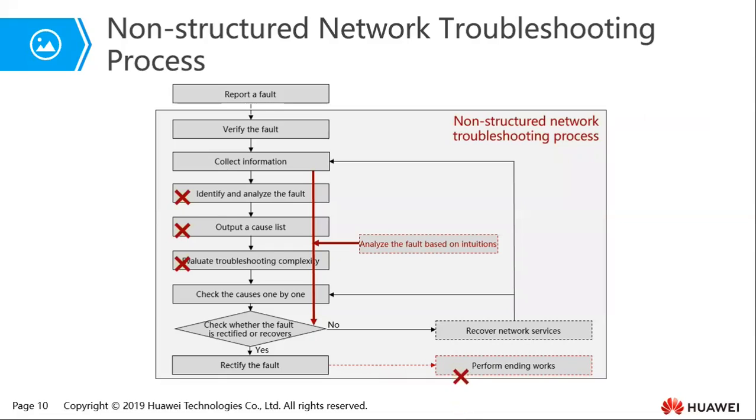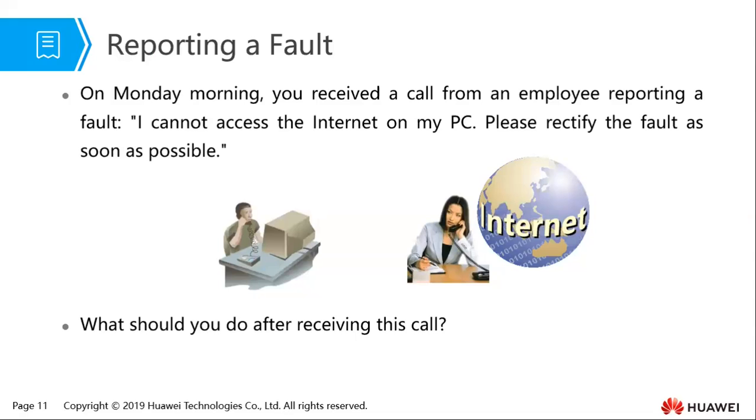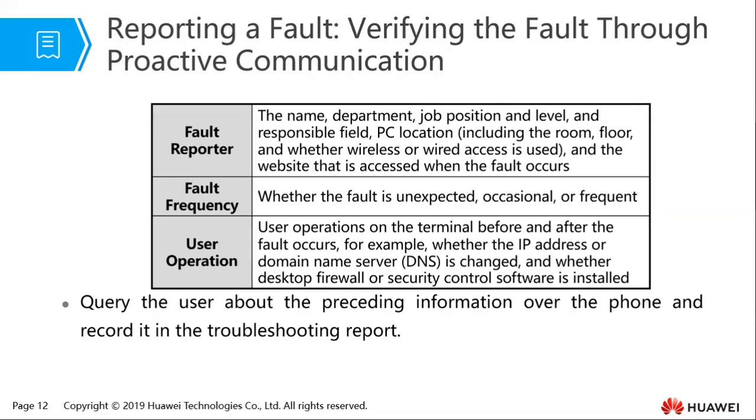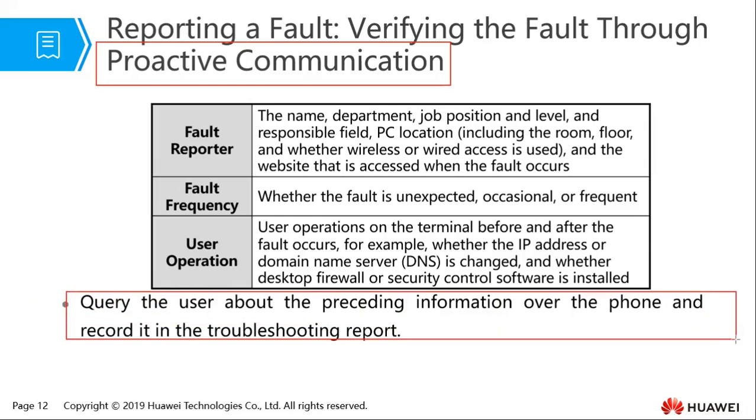So as we've seen here from the structured network troubleshooting steps, the first thing we need to do, after the fault has been reported, is verify the fault. So let's look at this. How is that done? So you need to verify the fault through proactive communication. That is, query the user about the preceding information over the phone and record it in the